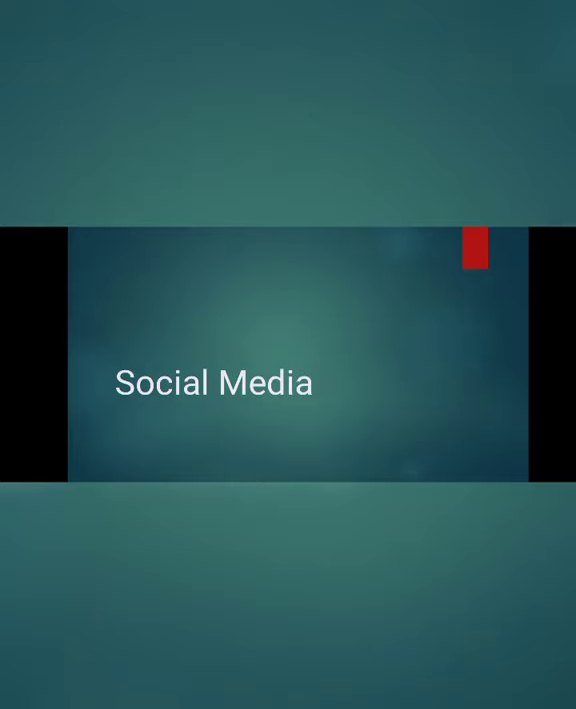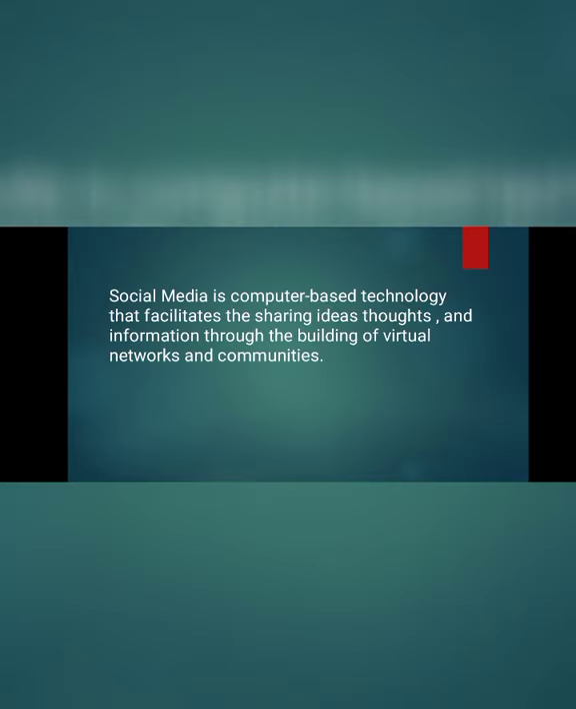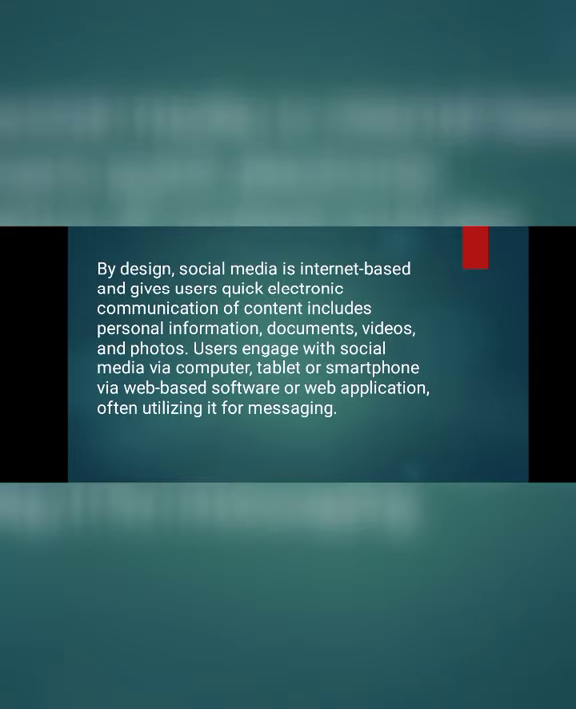Social media. What is social media? Social media is a computer-based technology that facilitates the sharing of ideas, thoughts, and information through the building of virtual networks and communities. Design. Social media is internet-based and gives users quick electronic communication of content including personal information, documents, videos,